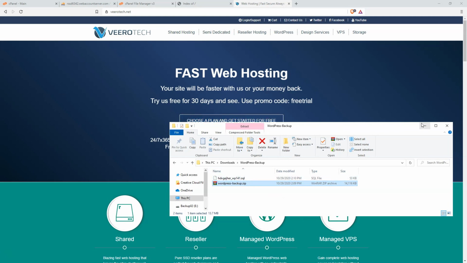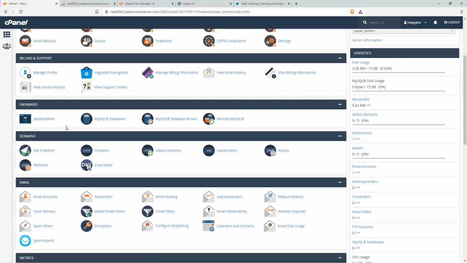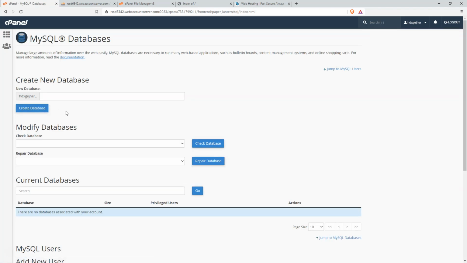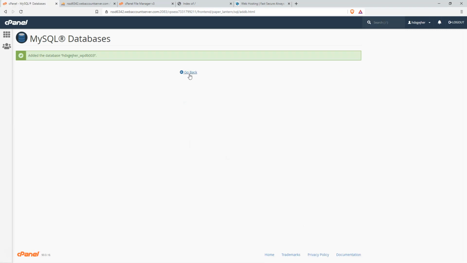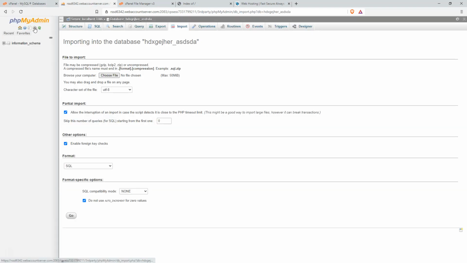from the previous video. So the first thing that we want to do is come to cPanel, and we're not going to have any databases just yet. So if we go into the databases, we can create a new database. So we can call this wpdb003. And this will create a new database. And if we come over here to phpMyAdmin, refresh that,